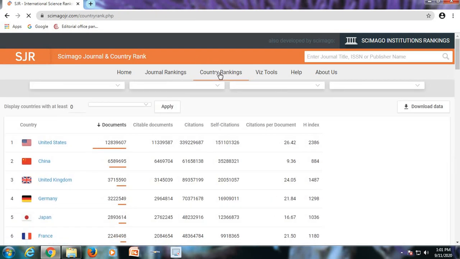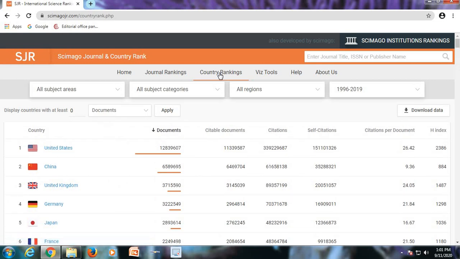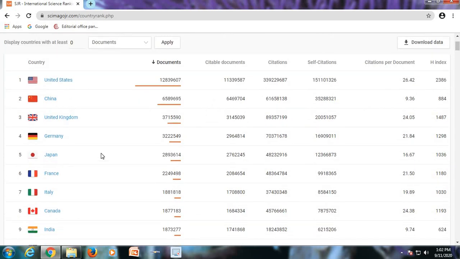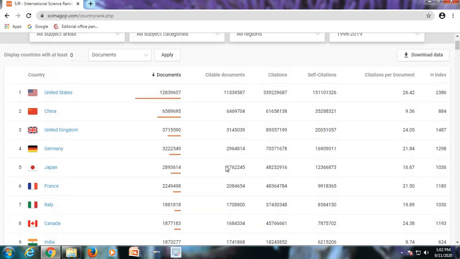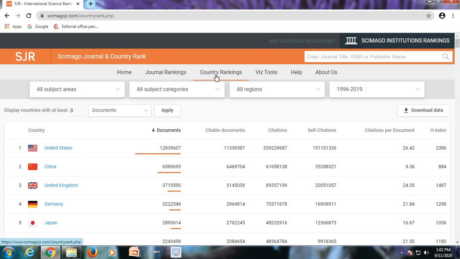This country ranking gives you the details about the papers published country wise: total number of documents published, citable documents, citations, self-citations, citations per document, and the H-index country wise. As you scroll down, you can see all the countries listed here, and India is also included with all the details and the H-index. That is what you can see in the country ranking.